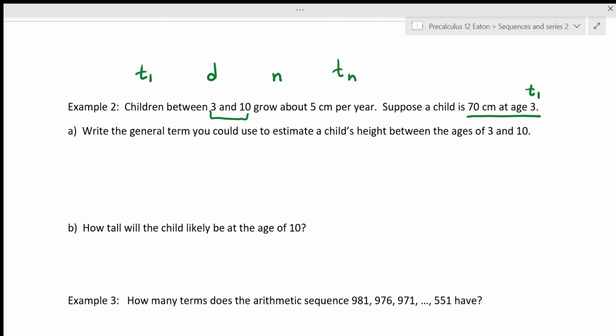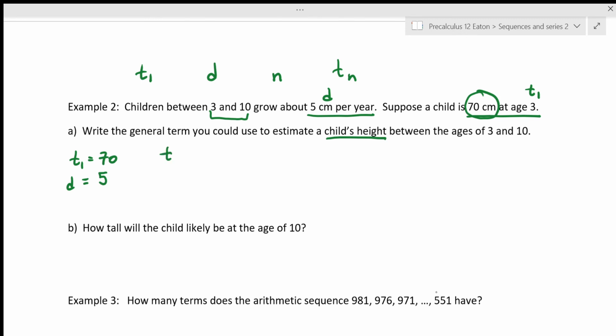Write the general term you could use to estimate a child's height. So our sequence is going to be of heights. So it looks like our T sub 1 is going to be 70 centimeters between the ages of 3 and 10. So we can look back here. Children grow about 5 centimeters per year. So we're going up by 5 every year. That's going to be our D, or our common difference. So if we know T sub 1 is 70, D is 5, then